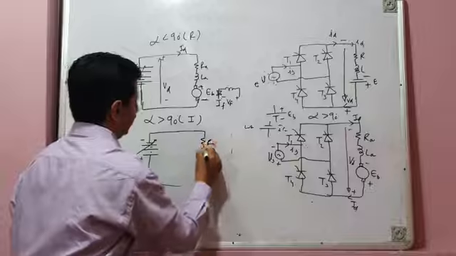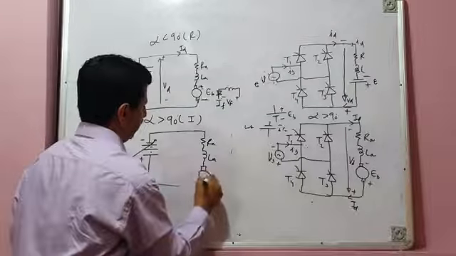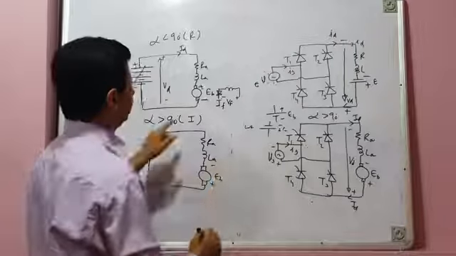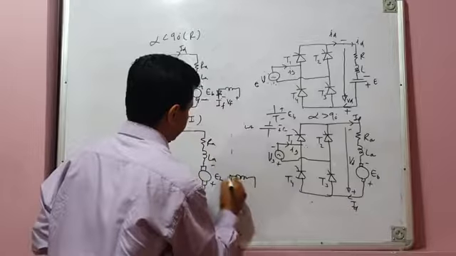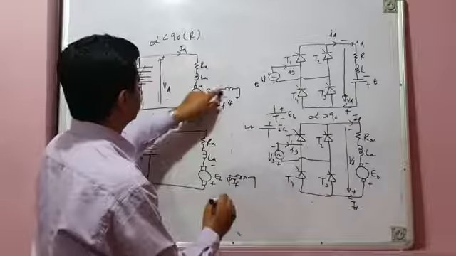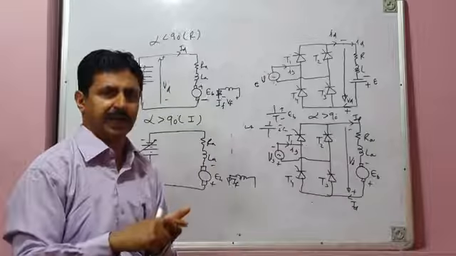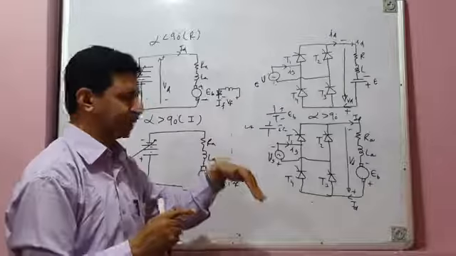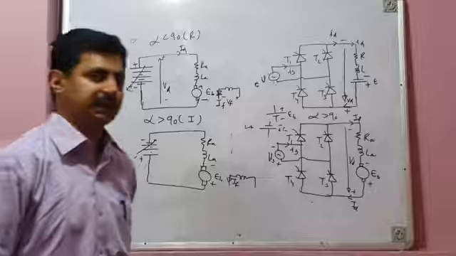This is RA, this is LA, and this is plus minus EB, so your back EMF will become negative. But you should remember that this field circuit is highly inductive, and the field current is now reversed. When you change the direction of field current, it takes a large time for the field current to change from one direction to another because of the highly inductive nature of the field circuit.